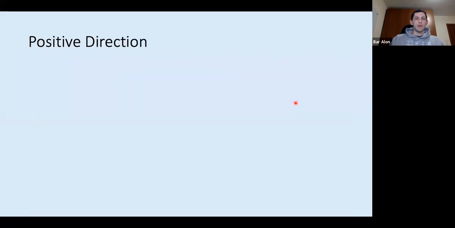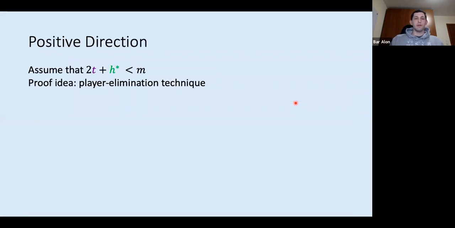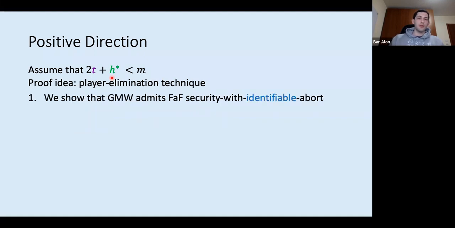Okay, so let me start with the positive direction. We assume that 2T plus H* is strictly smaller than the number of parties, and we aim to construct a protocol for an arbitrary function. The idea here is something called the player elimination technique. So how does it work? First of all, we showed that a protocol called GMW, which is a classical protocol,